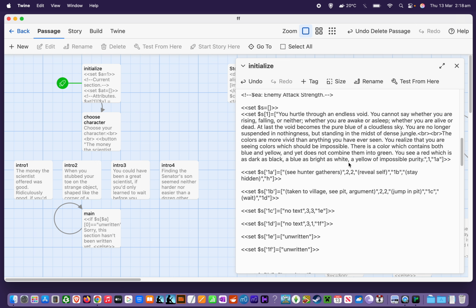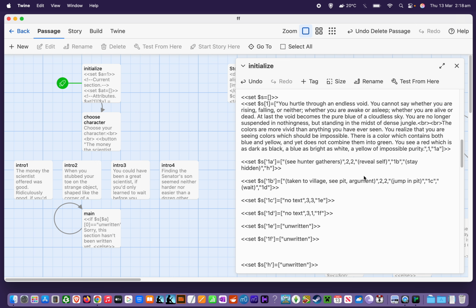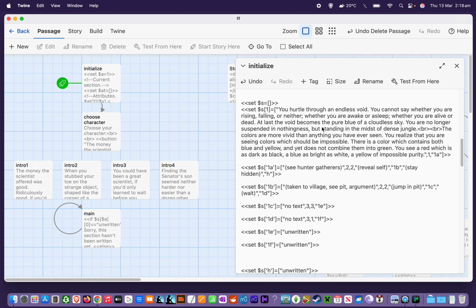So why, before I show you how that works in a bit more detail, why do that? Well, why go to all this trouble to almost rewrite a thing that just does what Twine is built to do anyway? Well, the reason is because if we do it this way, we can test the game a lot more easily, because we can set up a system where we randomize a character and then make random choices and keep track of how often the player succeeds or fails for each option,